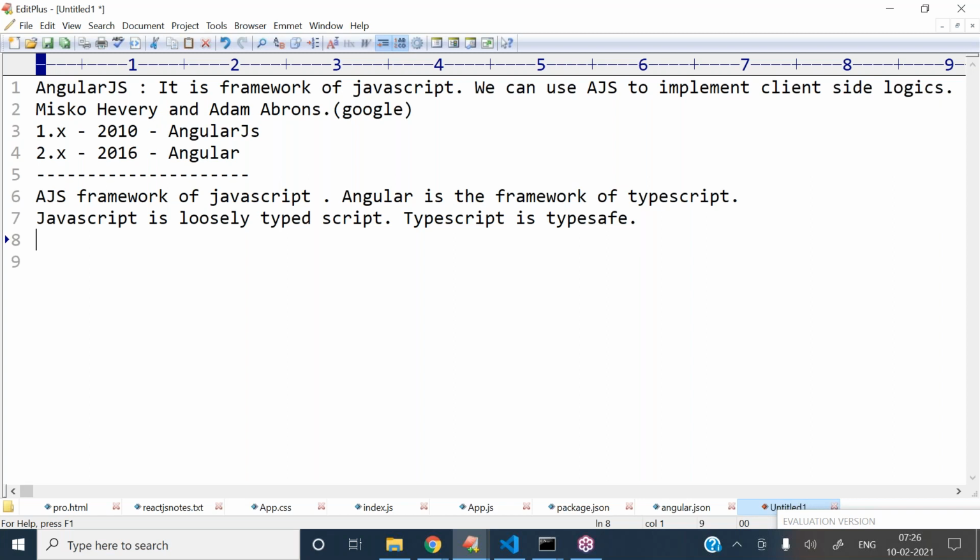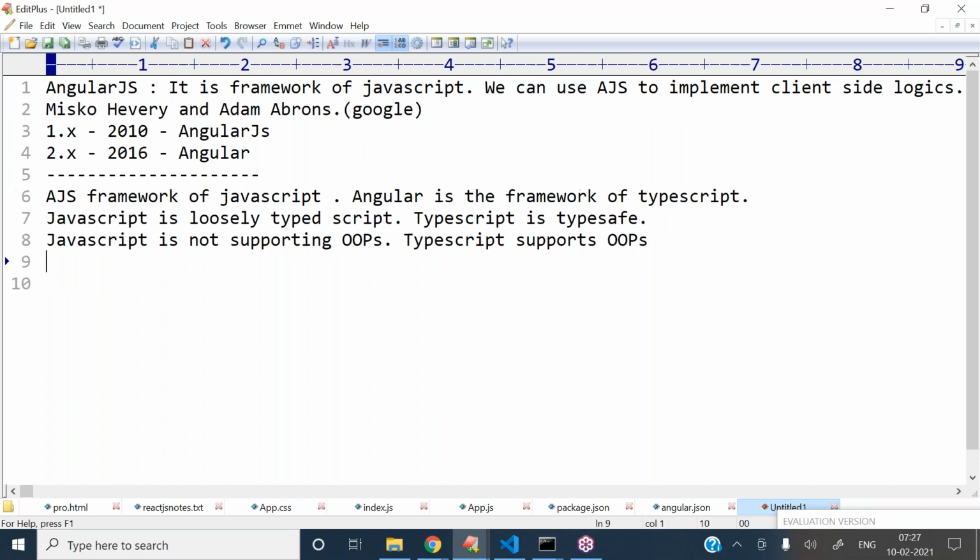And next, JavaScript is not supporting object-oriented programming concepts. But TypeScript supports them. So TypeScript is supporting object-oriented programming concepts, but JavaScript is not.